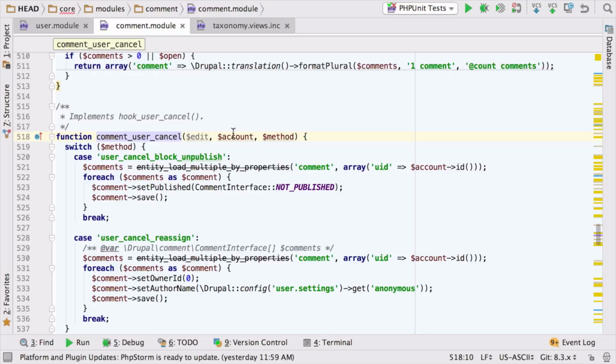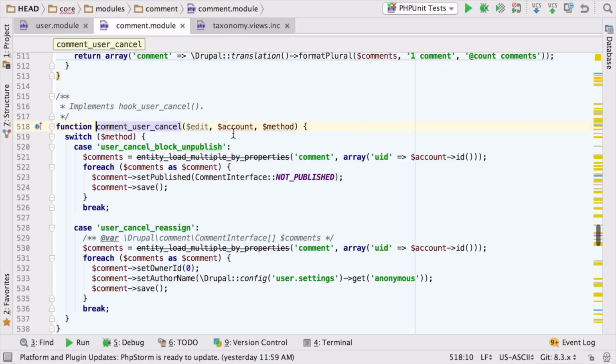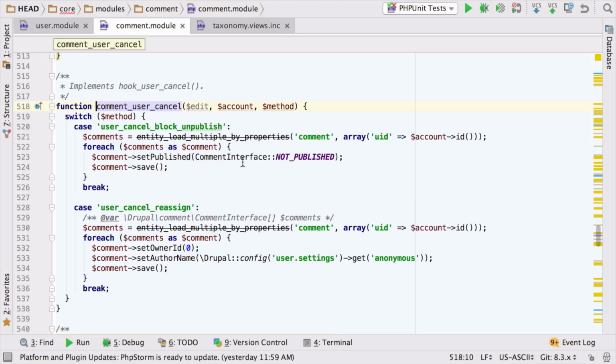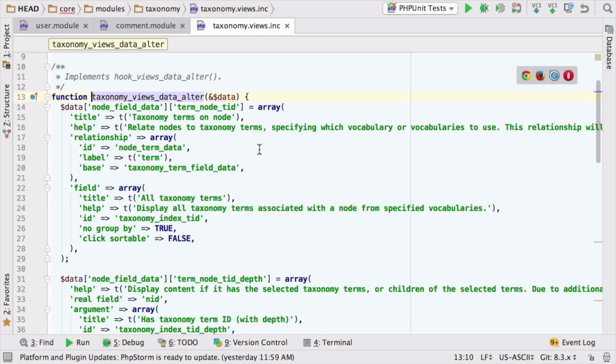hook_user_cancel is an example of a hook that provides the opportunity to respond to an action. The action, in this case, a user account being canceled. comment_user_cancel is an implementation of this hook that checks the cancellation method, and if necessary, either unpublishes or assigns to another user all of the comments created by the account being canceled. This is an example of a hook that responds to an action. And finally,